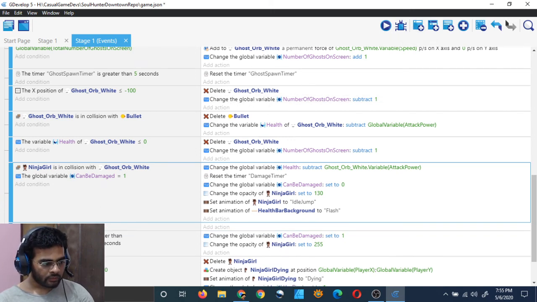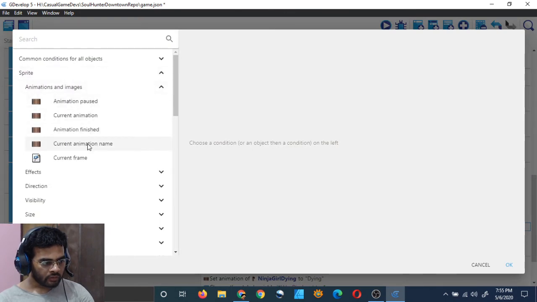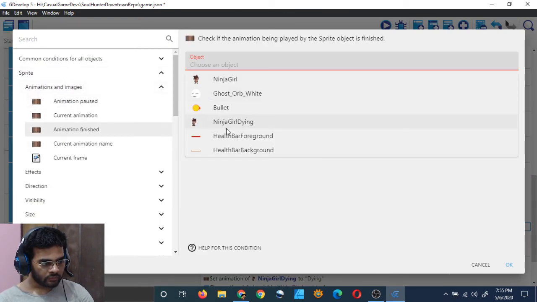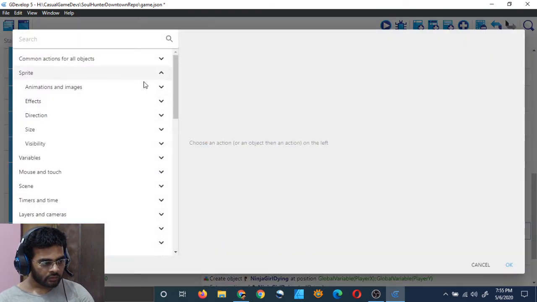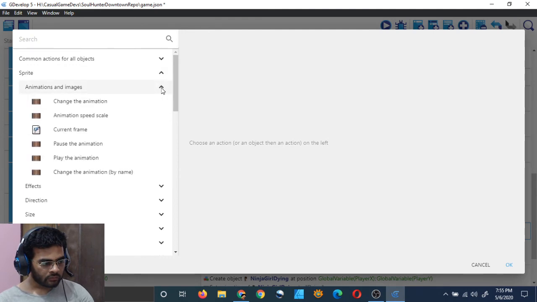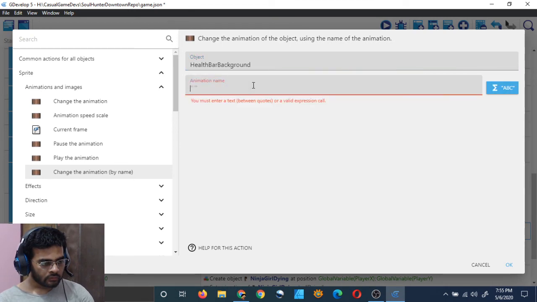Add an event and add condition sprite animation, animation finished, health bar background. If the animation finishes, then play the different animation, change the animation to default.